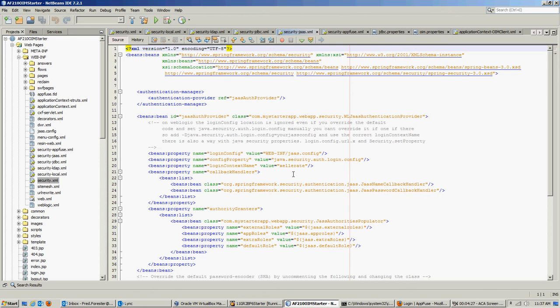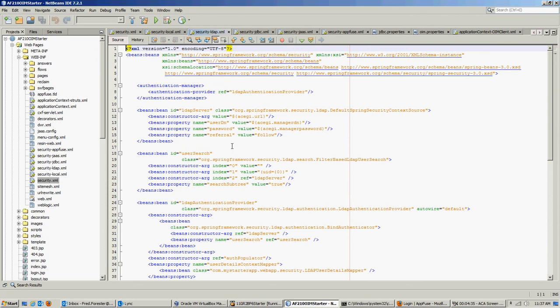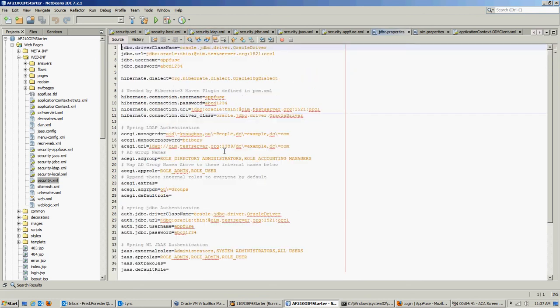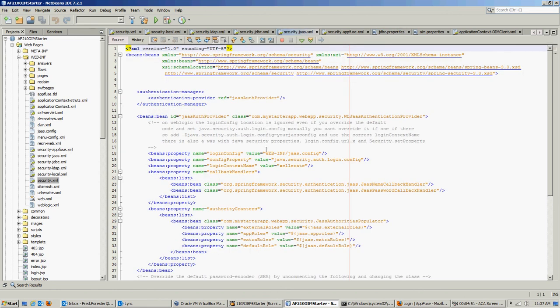Okay, so now when you look at these security files, you're going to see things like this and like this, where you can configure them. All of these come out of a properties file. So we have a JDBC properties file where everything is configured. You would configure everything in here, and then Spring is set up using a properties configurer that lets you specify the values like this. So you can have different properties files that have